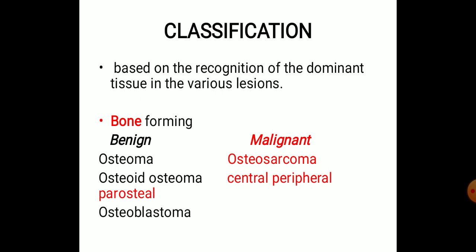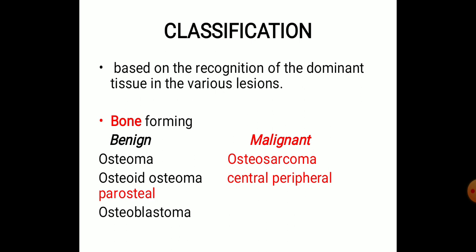As I have said, we have two categories of tumors. First is benign tumors and second is malignant tumors. Benign tumors are not as dangerous as malignant tumors, because a benign tumor is situated in a particular site and does not spread to the surrounding structures. But a malignant tumor, though situated in a particular site, metastasizes in and around the tissue, and it can spread to the surrounding tissues also.